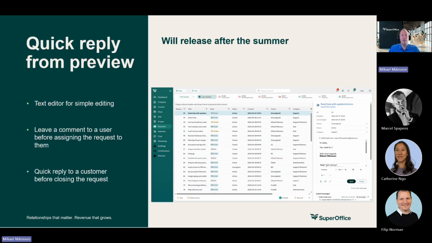On top of this, if you click one of the reply options, you will have a text editor for simple editing on the right-hand side in the preview. Could be a use case for leaving a comment to a user before assigning the request to them. So you type a comment, then you assign it to the specific user that should solve it, and then you hit save or send, and this is created as a comment,